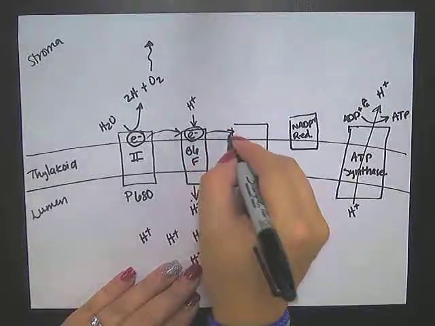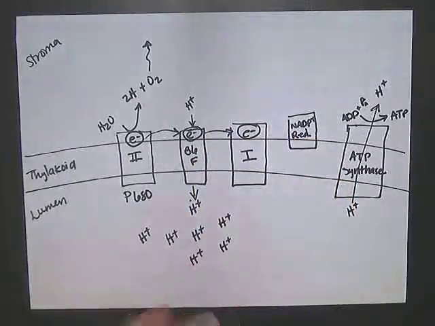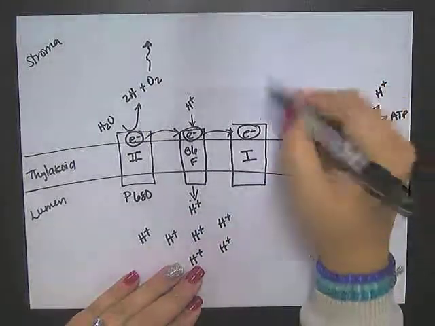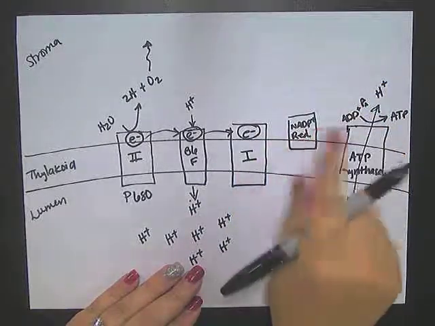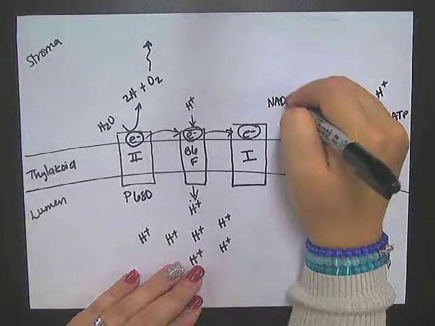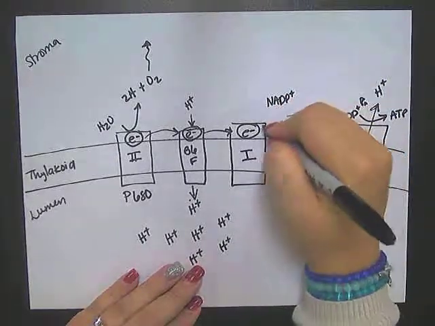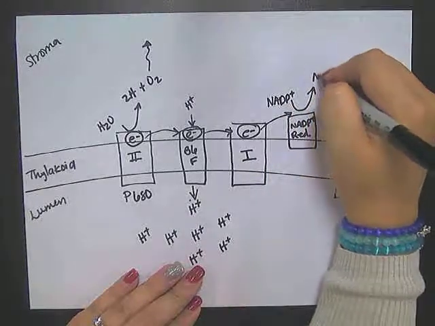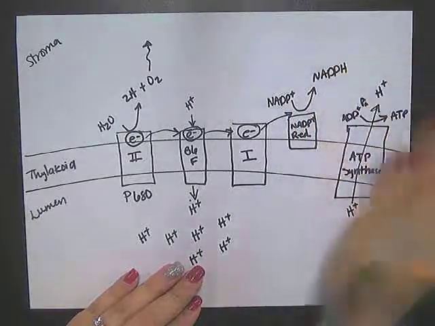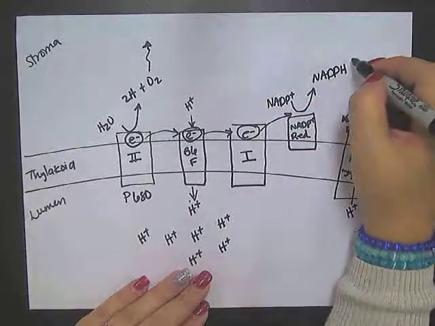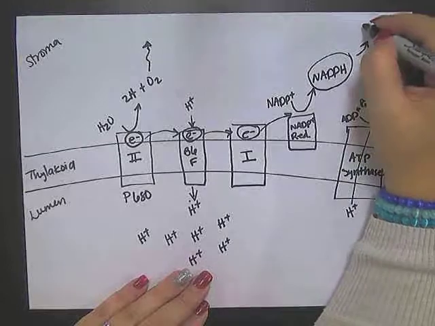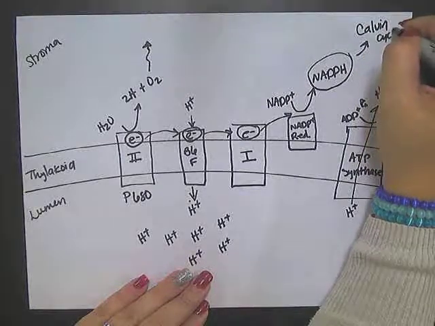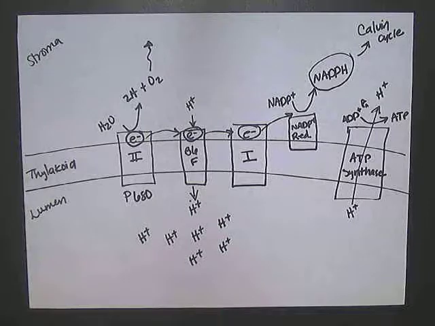Meanwhile, the electron gets sent to photosystem 1, where it gets recharged again. And then the electron is going to end up at NADP plus. We're going to reduce NADP plus down to NADPH. And the NADPH is going to eventually be used in your Calvin cycle. And so in this case, NADP plus is our final electron acceptor. Instead of in oxidative phosphorylation, where oxygen was our final electron acceptor, well, now it's going to be